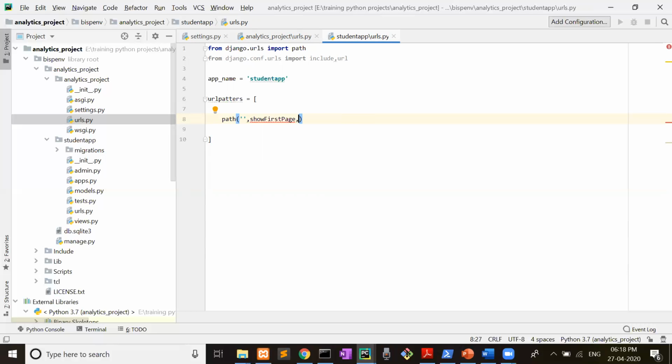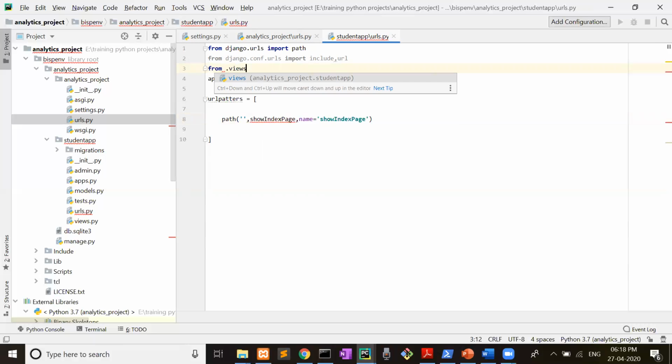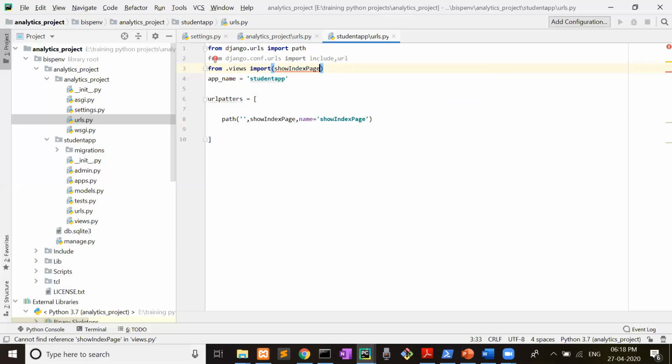It's just a function, name equal to show first page, or we can say index page. Make it like this, show index page, right? Control S. One more thing we need to do, from dot views import show index page. This is the name of our function that we are going to write in views.